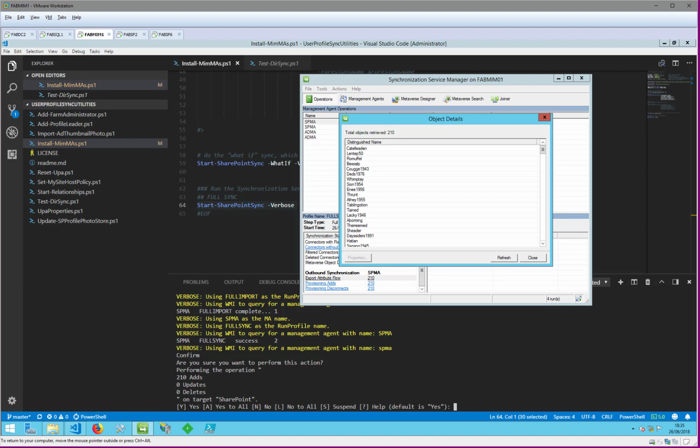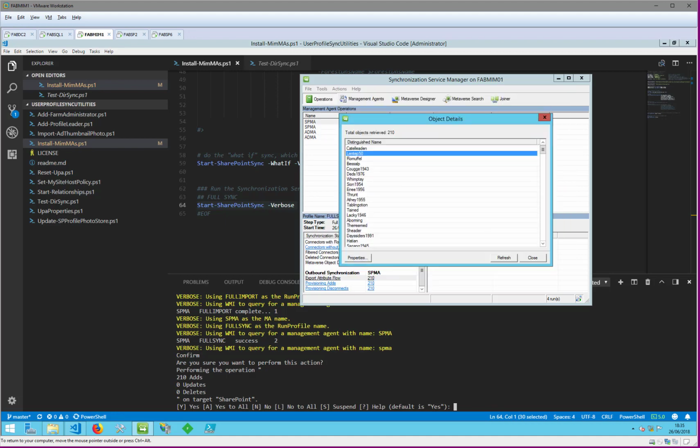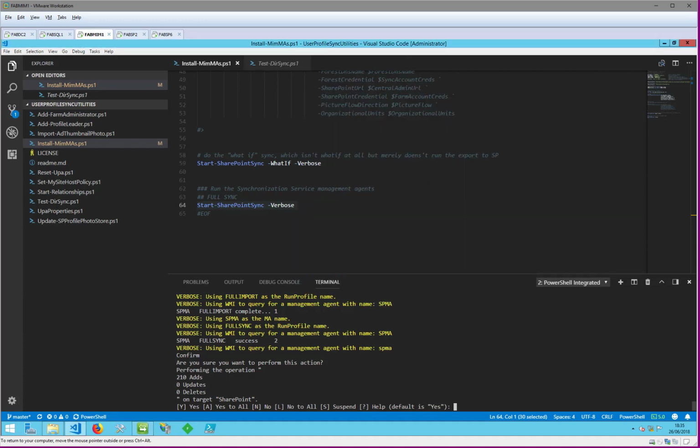can actually click these and see that we now have a list of users based on the SharePoint identifier, which is a legacy NetBIOS name, and you can see the old values obviously that didn't exist in SharePoint at present, and then the new values have been populated from the various attributes in Active Directory. So the toolkit is kind of waiting for user input at the moment because I used the verbose flag here. It's basically telling me it's going to add 210 objects into SharePoint, so I'm going to say go ahead and